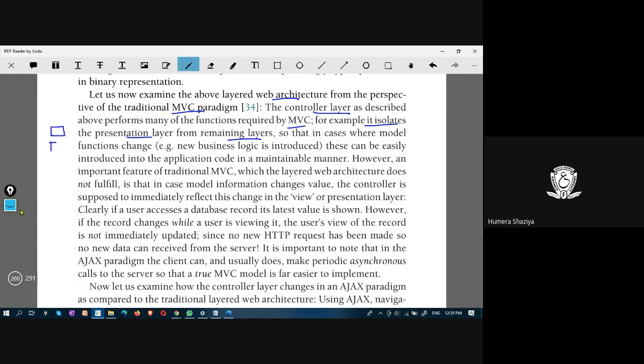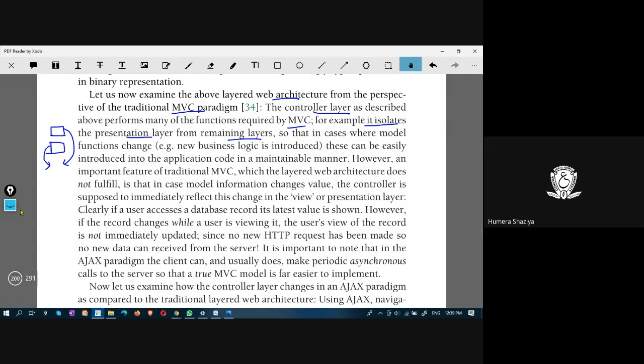This view layer need not worry about what is there in the background, at the back end, because the controller would deal with the back end, and the controller would not let the view handle these interactions directly. So that is the task of the controller.